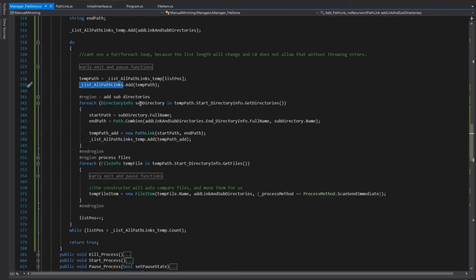And then for every subdirectory inside of the particular directory we're looking at, we're going to get all the directories and add them to that temporary list I mentioned before. We have a start path, an end path. We're going to assume that the end path is going to be underneath the folder that we have in the path that we already had here. We're just going to add the subdirectory name to it. That's this